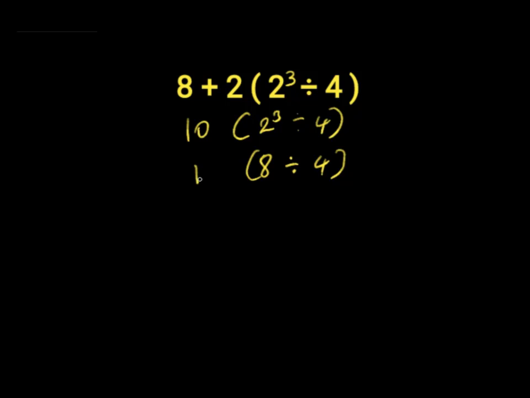We break down our 10 here. 8 divided by 4 will give us 2. Then we have 10 times 2. 10 times 2 is equal to 20, which is wrong because we did not work with the order of operations,